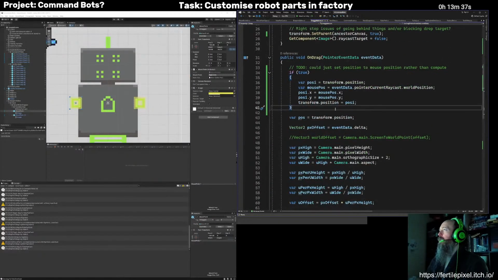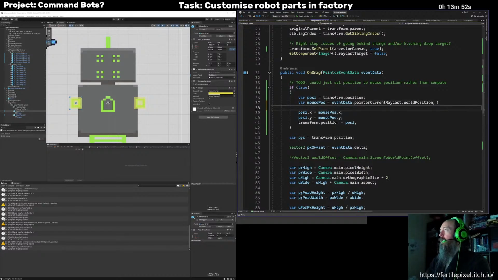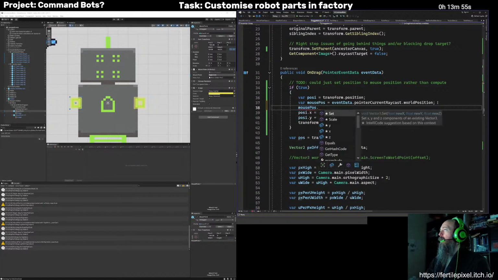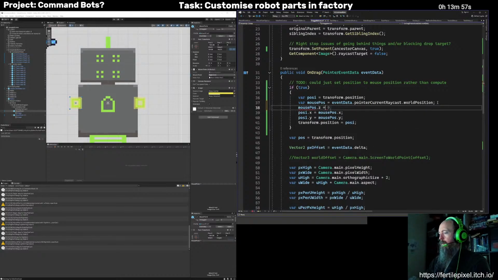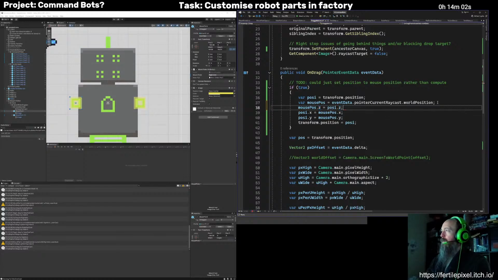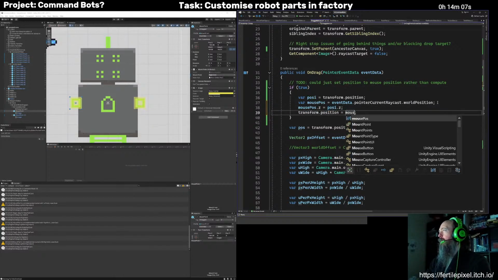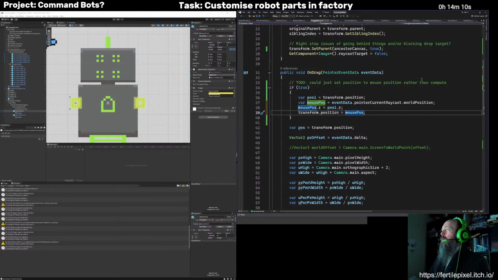So what I might actually do is grab that and just basically do the opposite. Just set the Z on that one. And then just fix this up.